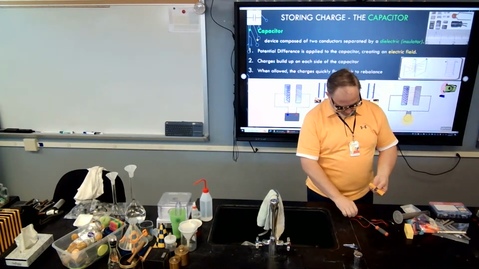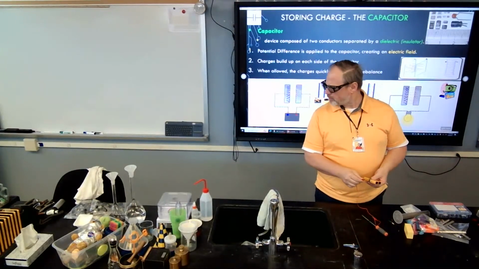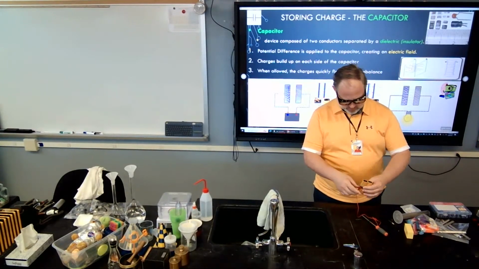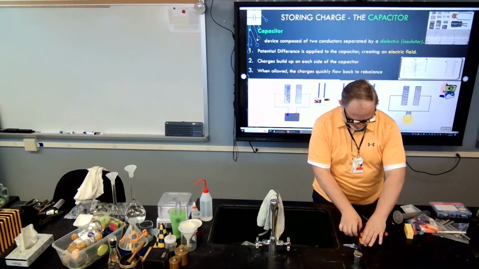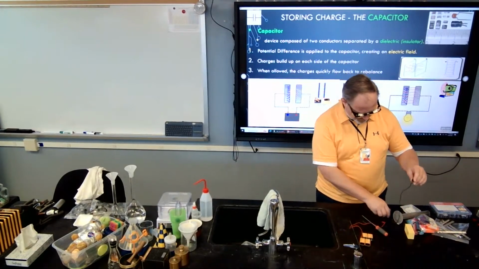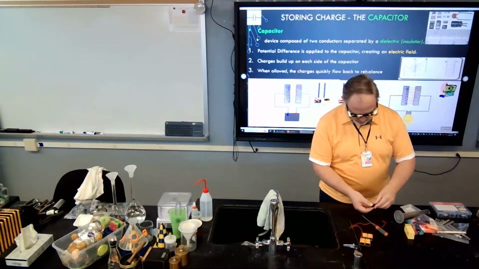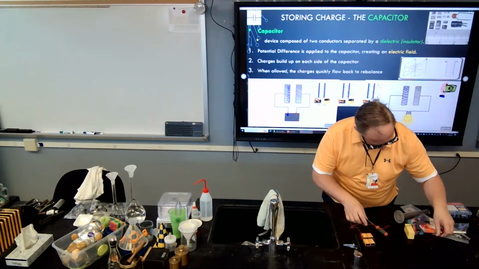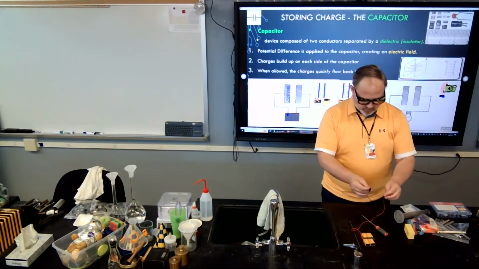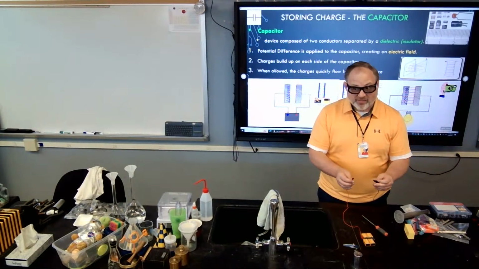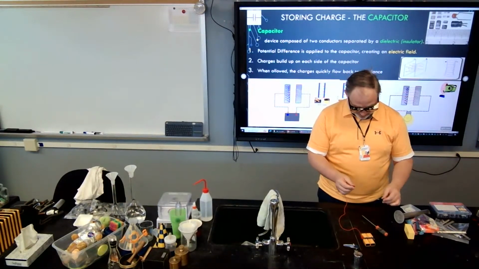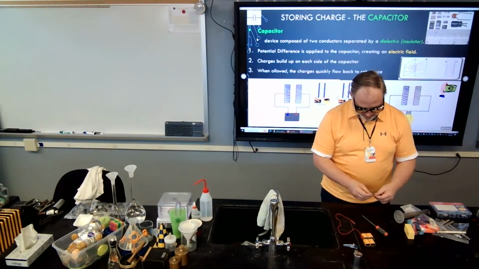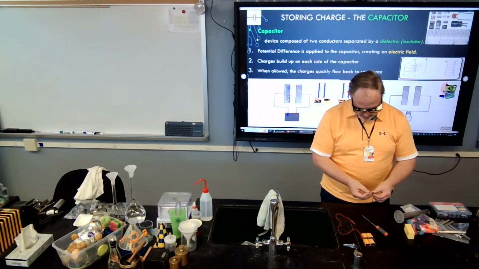So I'm going to connect. I might get another one just in case. Okay, so there's my positive. Here's my negative. Now, if I connect these two together, charge will flow, but not very fast. It'll go real slow. So I've got a 36-volt battery here, and I'm going to connect this to a